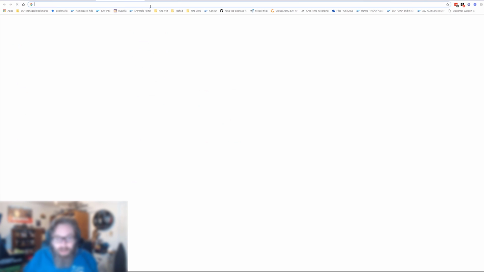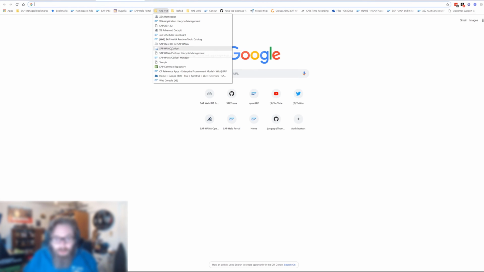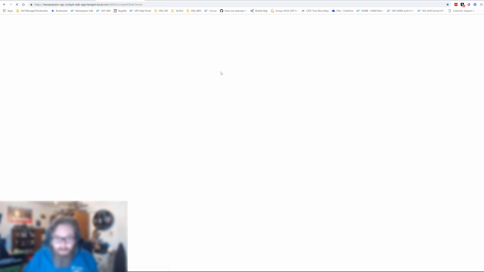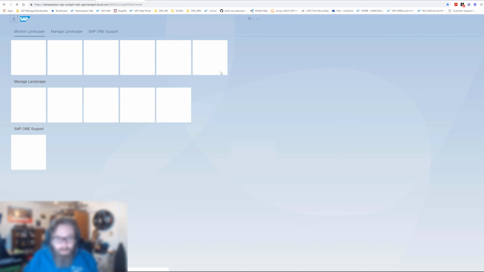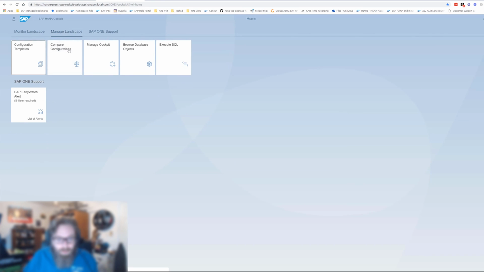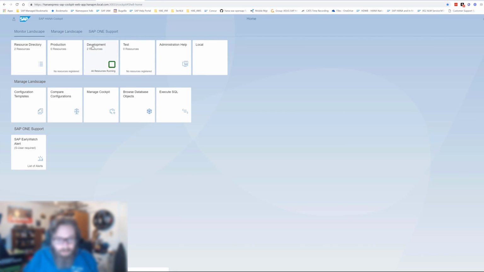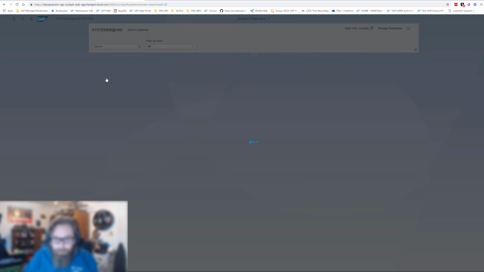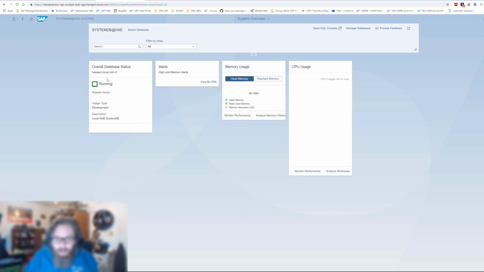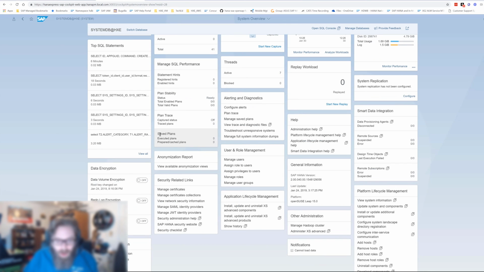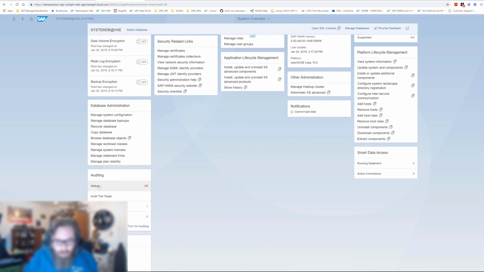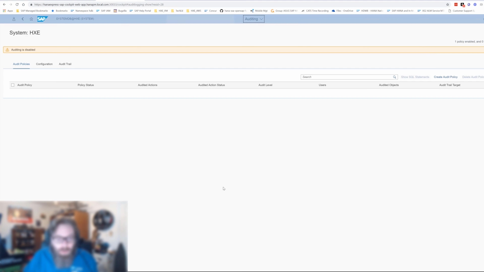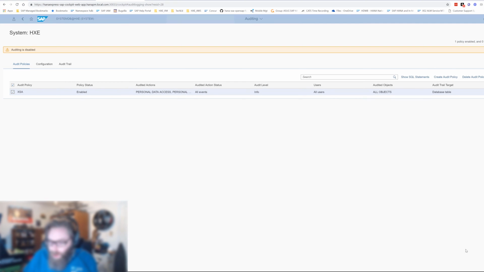So if we want to enable this as an audit log administrator, I would go to the HANA Cockpit. And I would go into my particular system. So let's go to the system DB. And here's where I can configure the audit logging. So right now my audit logging is turned off. I do have one policy that I created. Let's go ahead and look at this policy. I created it in advance for XSA. And basically, if I drill into this policy,